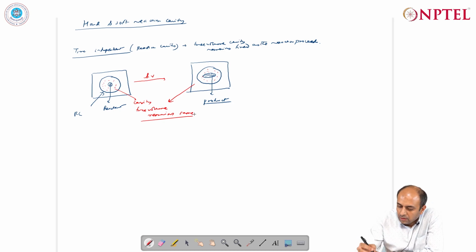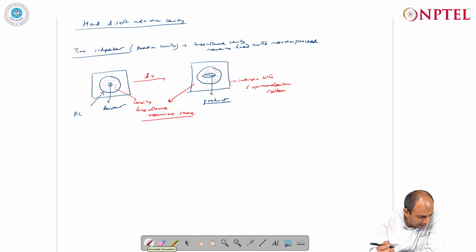So in other words, this cavity free volume is intrinsic to the supramolecular system,